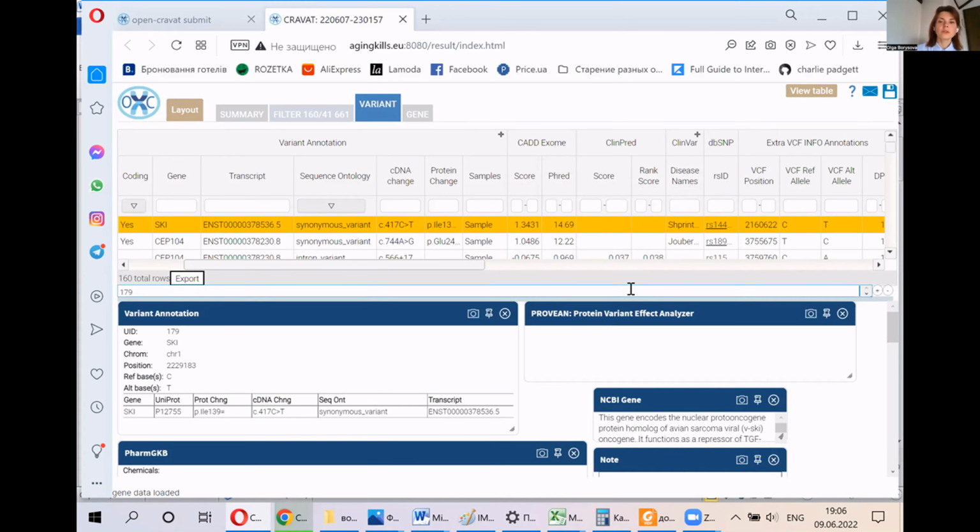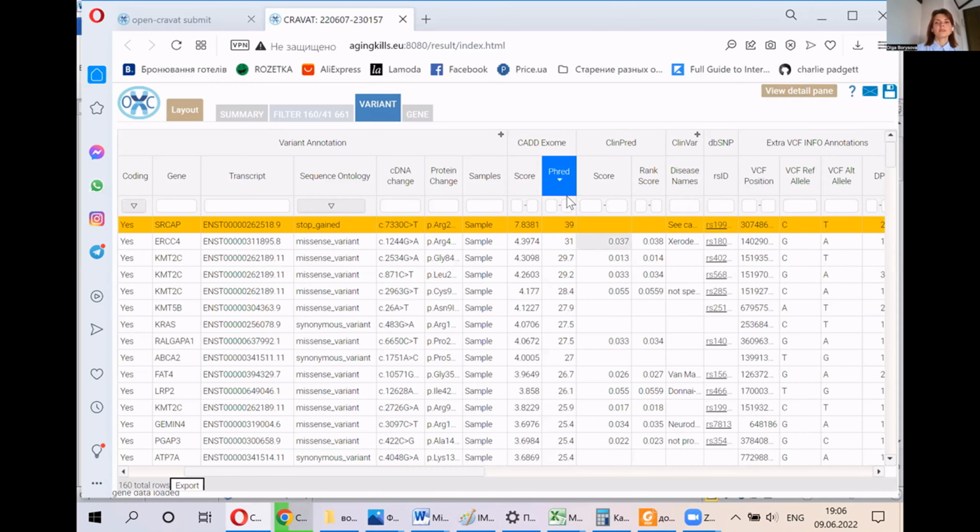It's a potential tool for pathogenicity prediction, and you can just make your list of genes in accordance with the CADD Exome score. It's quite easy, and you can start analyzing from the genes which are thought to be most pathogenic according to